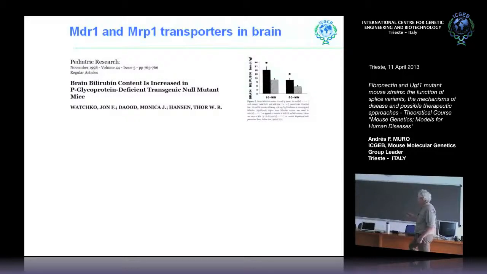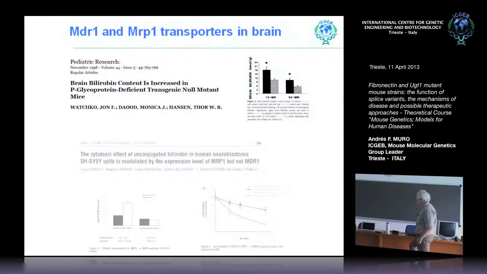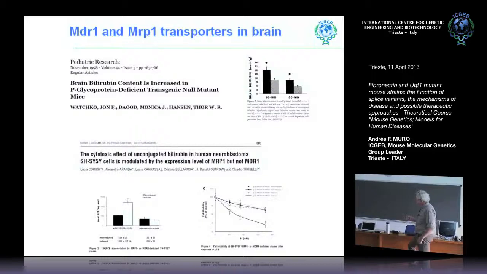So there were some experiments, one in vivo, done under non-physiological conditions, in which they used MDR knockout animals to which a bolus of bilirubin was injected, and they measured bilirubin content in the brain. They saw an increase in bilirubin content in the mutant animals. This was very strong evidence, but there were also some experiments done in vitro with cells that were contradictory with this in vivo experiment. So we decided to create